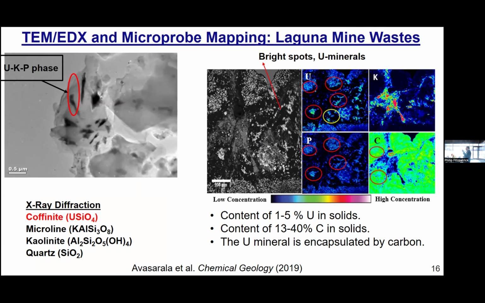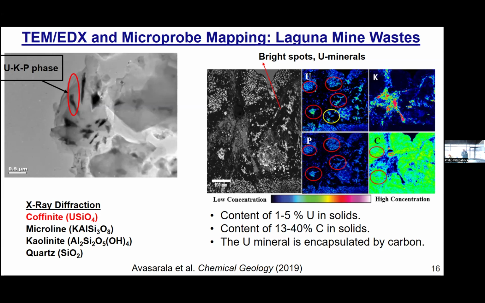This is a phosphate. And what's interesting is that that phosphate is surrounded by all of this gunk, I call it. And when we look at this elemental map here, you can see even more clearly that this gunk, if you look at carbon here, is all over the place. So this is all carbon, likely organic carbon. As we were talking earlier with Anirban, this is a sandstone formation where the mineralized deposits are rich in organic matter, because that organic matter in some way serves as a glue to keep together all of these uranium minerals.